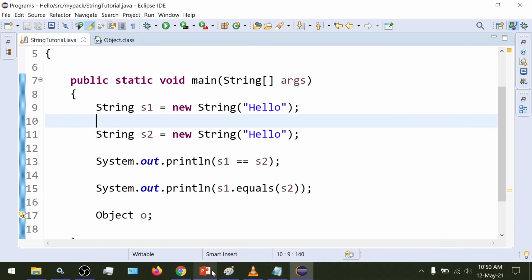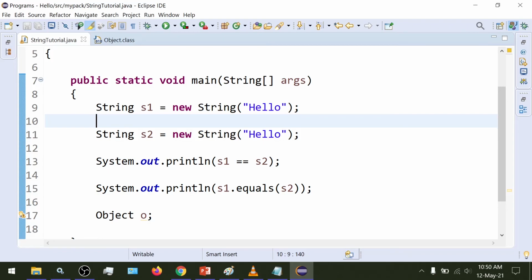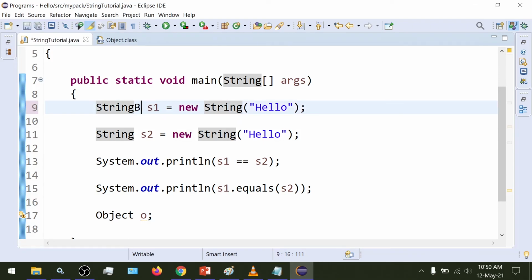So moving on, let's take another example. In this case, we are doing the same thing for StringBuffer.